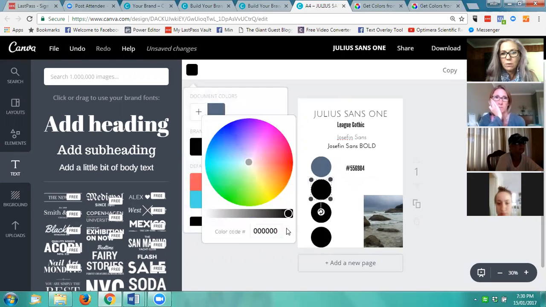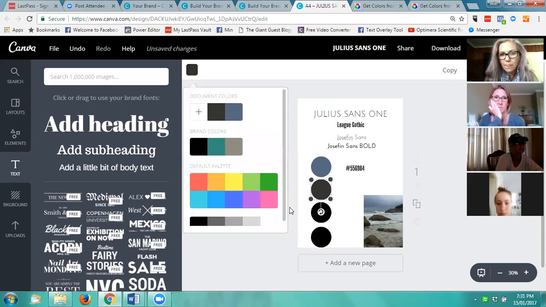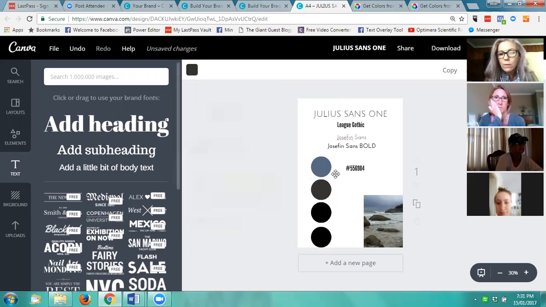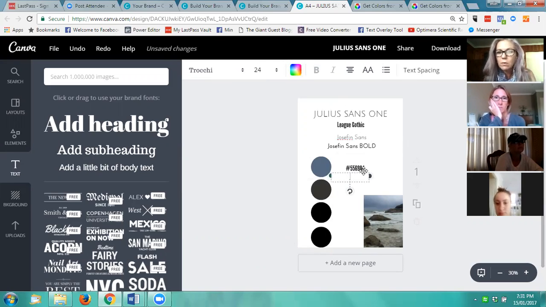Add a colour. Paste the hex value there. Actually, what I'm going to do is delete that. So you can see that that's deleted the text there, but the element itself is still there because it's got the dotted line around it. So then I just use this rubbish bin up here